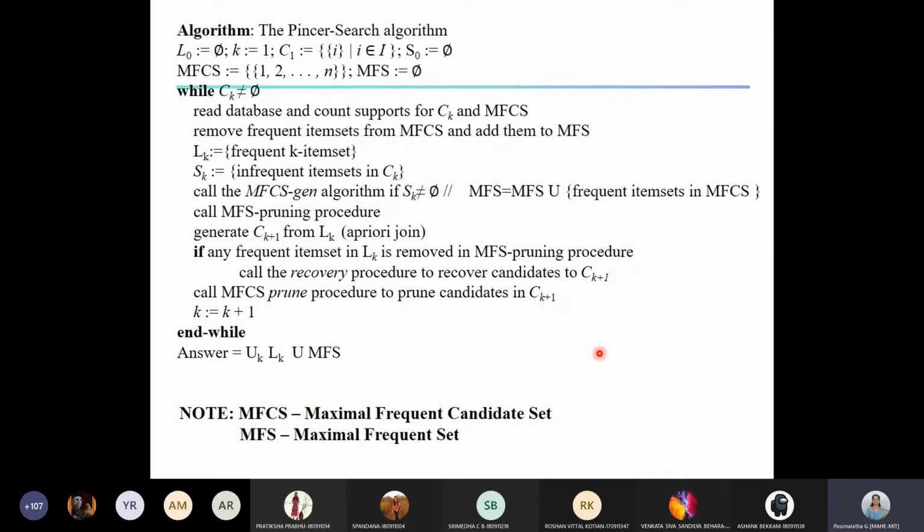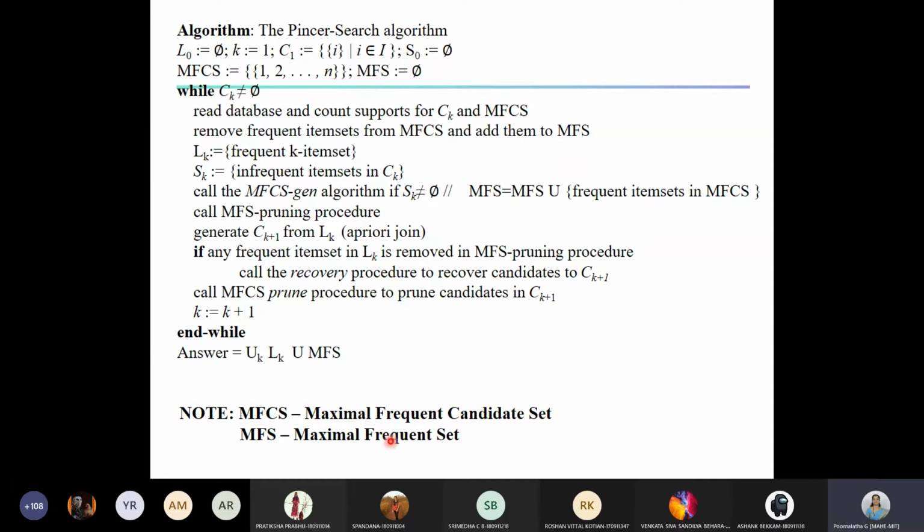In Apriori, we were using the notation C for candidate and L for frequent. The same notation we are using here also. Since it is bidirectional, we require some different notations for the top-down approach, right? So for that we have these two. MFCS means maximal frequent candidate set and MFS is maximal frequent set.